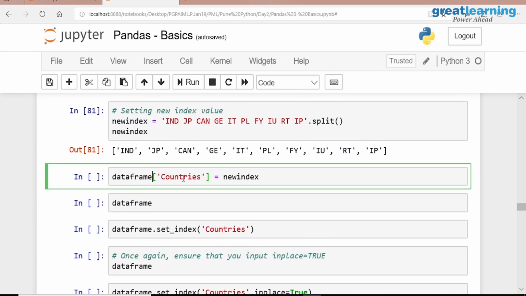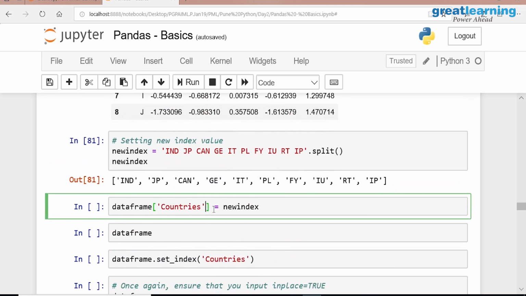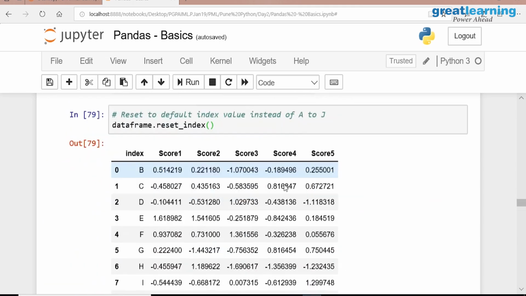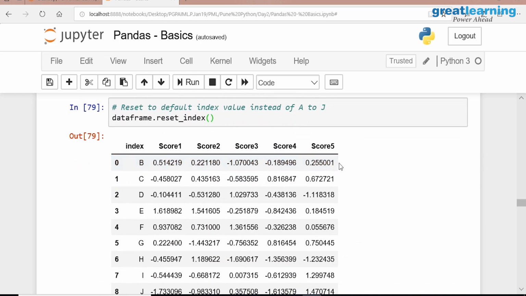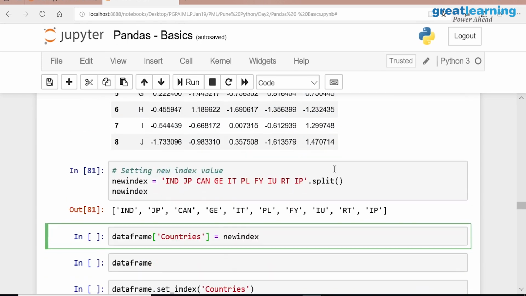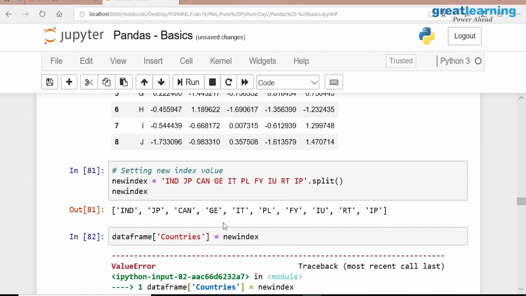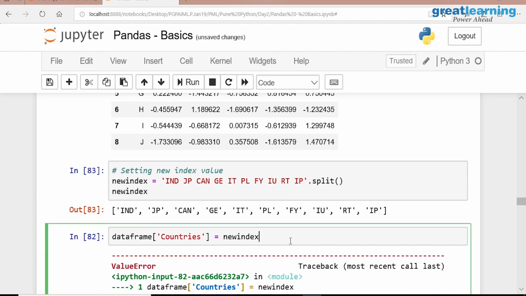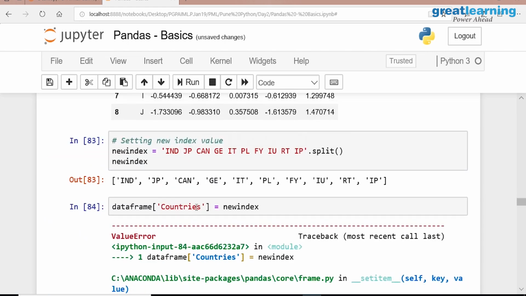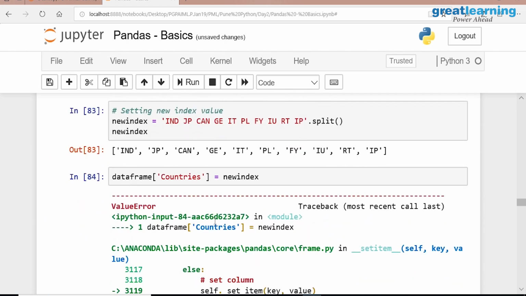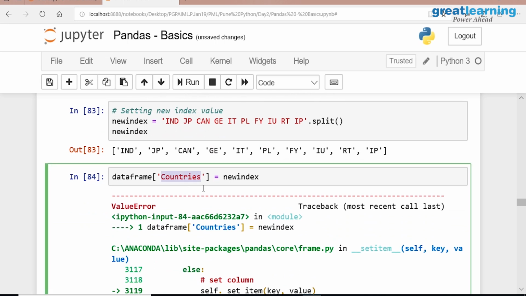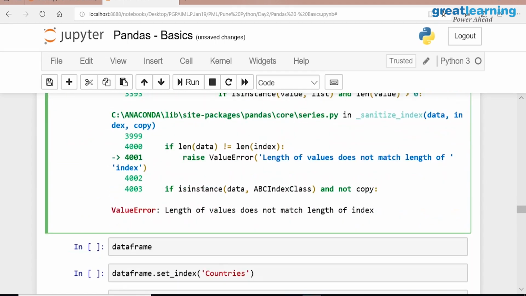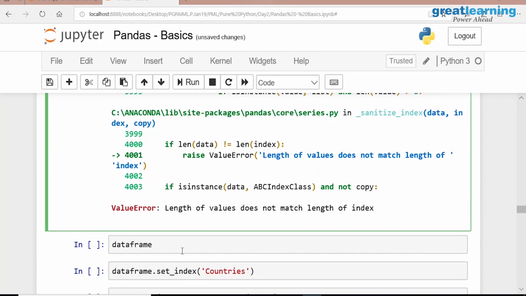Okay. So, but does it already have a countries field? Does it have a countries field? No. So what should I do now? First I should create a new countries field and I am adding this index to it. But does it have countries already? No. So what should I do now? Tell me, based on whatever you have learned.